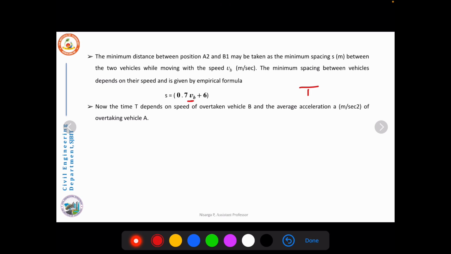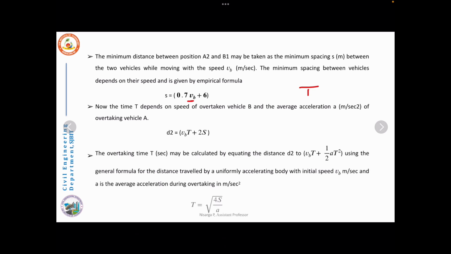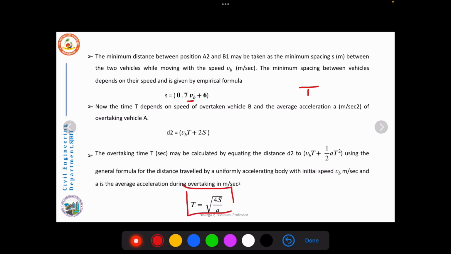And the time required for the completion of the overtaking operation is termed as the capital T. So we have an expression T is equal to square root of 4s divided by a. Using this relationship, we can determine the time required for the overtaking operation,